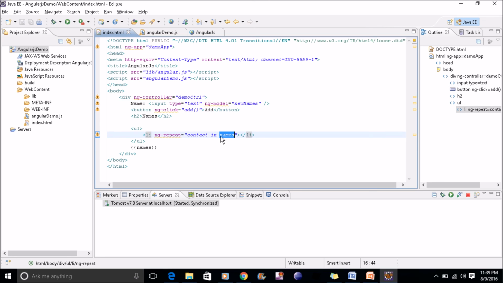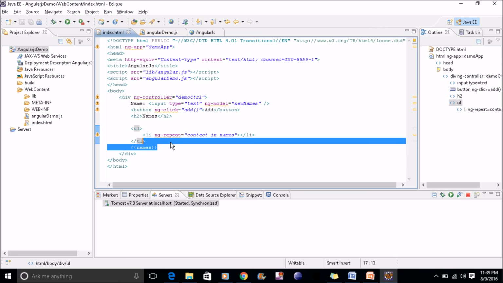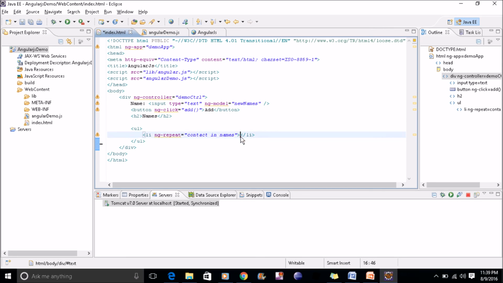In this ng repeat, whatever is coming in these names, I am storing in the contact, and then I'll display the contacts now.